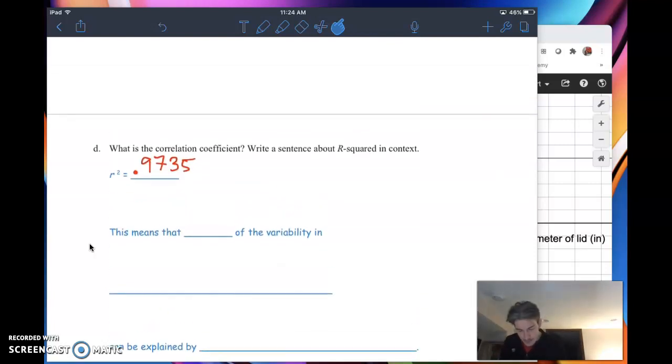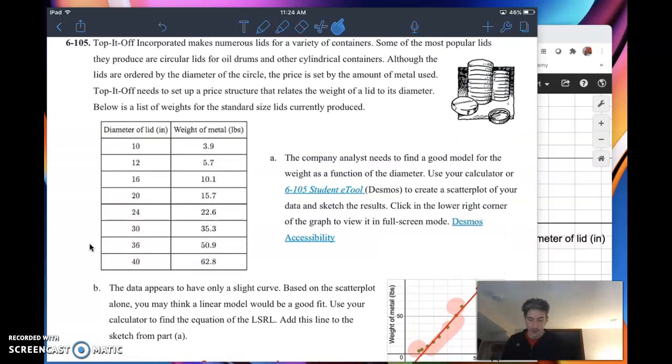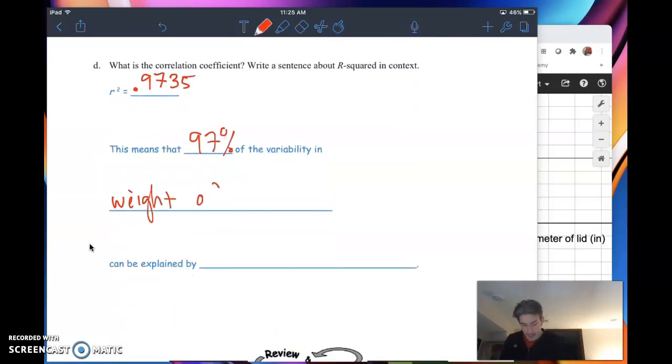So 97%, because of course 0.9735 is 97.35%, round down, of the variability in our y variable, our predicted variable, and that was the weight of the lid. Sorry, they called it weight of metal. I'll change that. It's just right up there. So instead of calling it weight of lid, I'm going to call it weight of the metal